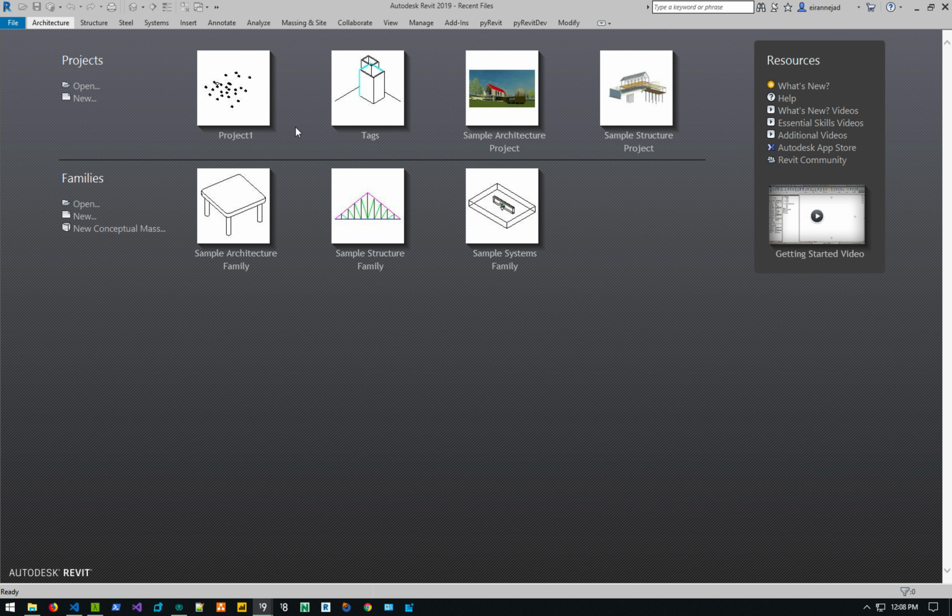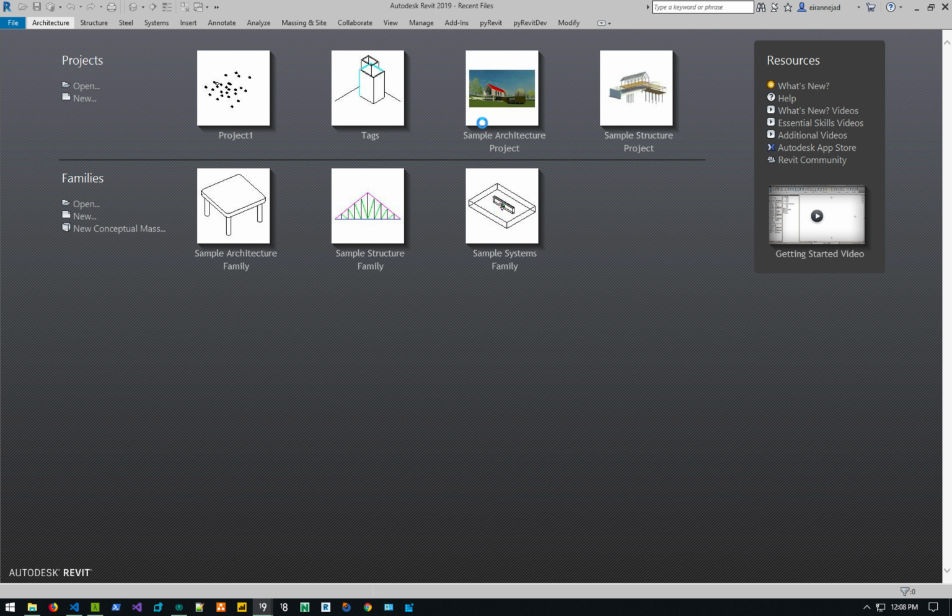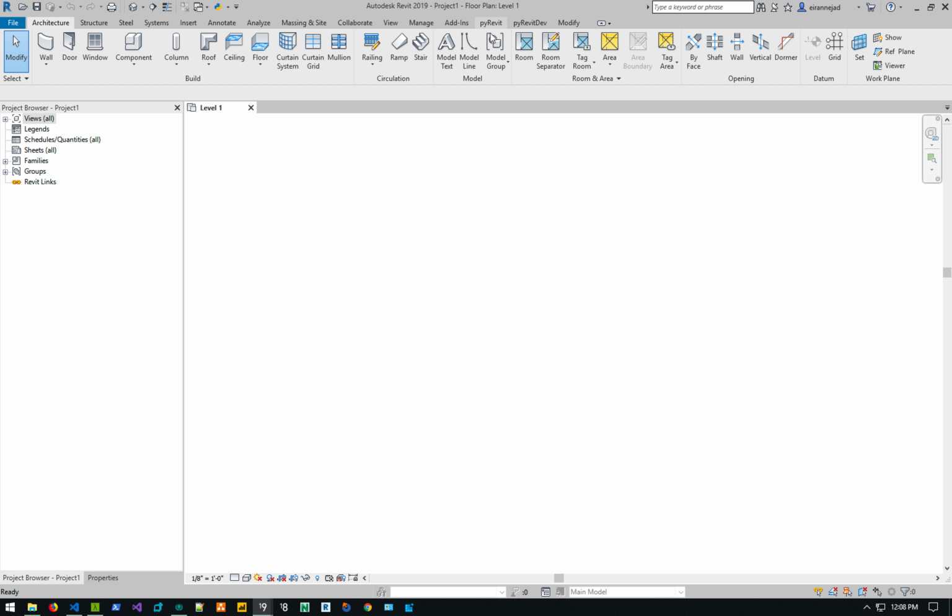So let's open a model. Let's open a clean model. Okay, so very quickly,